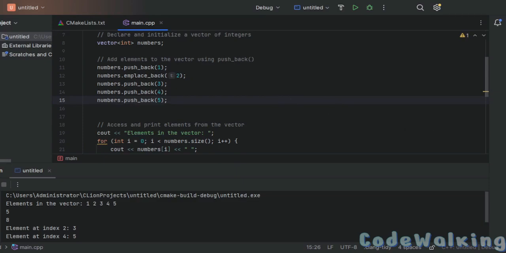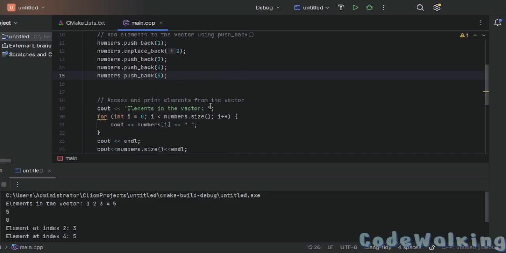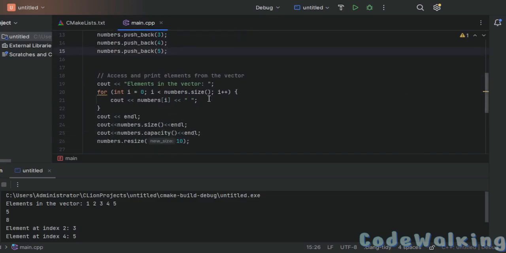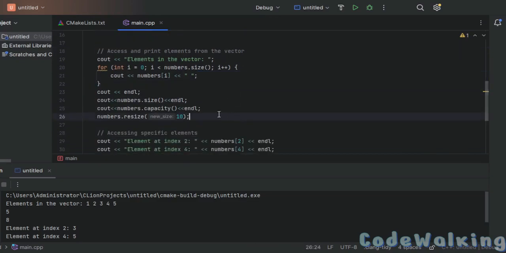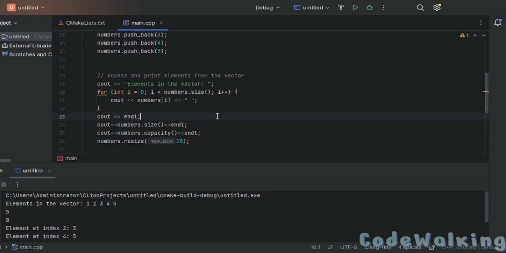These vectors are very efficient for random access, but they may incur a reallocation cost when resizing. When we resize, it may cost us reallocation. So the memory will be reallocated right after we resize it. So basically what it means is,